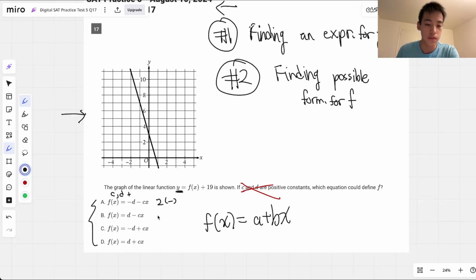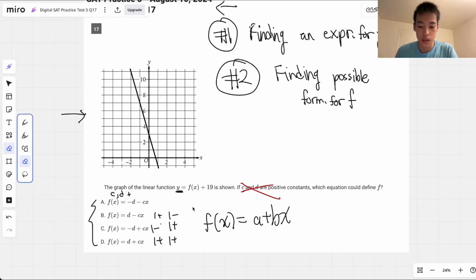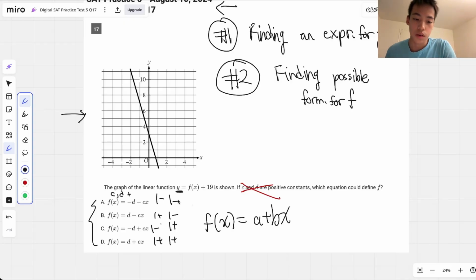A has two negatives, B has one positive and one negative, C has one negative and one positive, and D has two positives. So it has all the combinations. Just to make it clear, I'm just going to write it as two negatives. So instead of thinking about C and D as positive constants